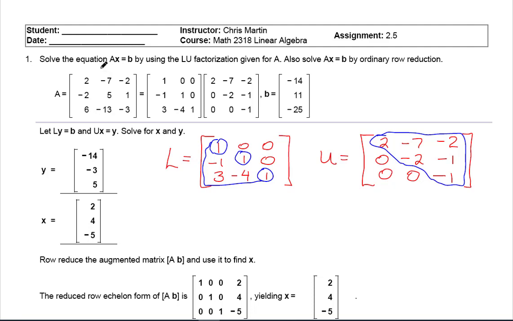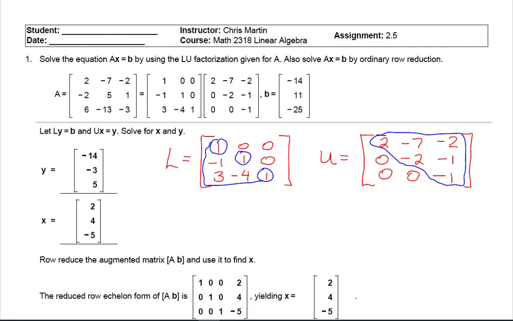So for example, here's matrix A. It's been factored into L and U. So let's look at L. L, the lower triangular one, has ones on the main diagonal, zeros above it, and is lower triangular. Matrix U is upper triangular. The diagonals do not need to be ones, and we have zeros